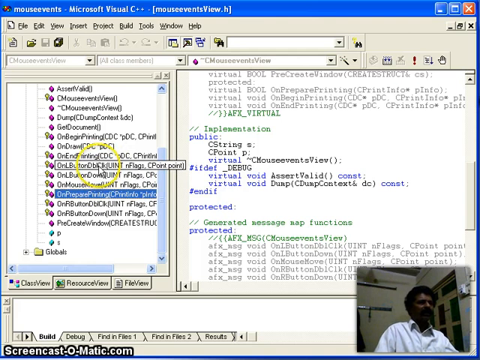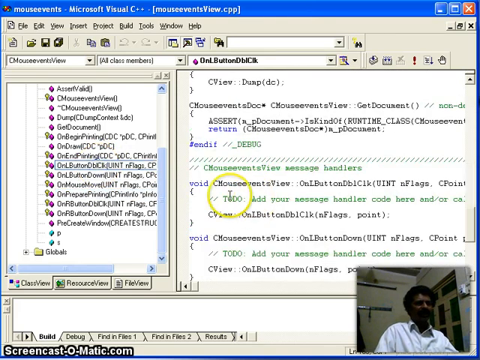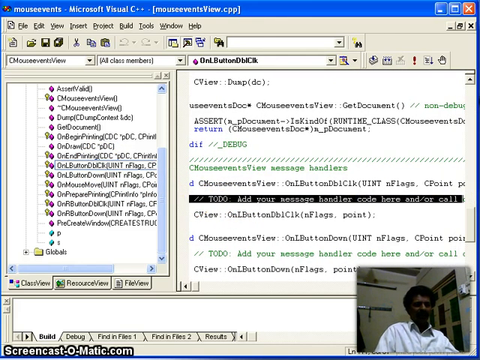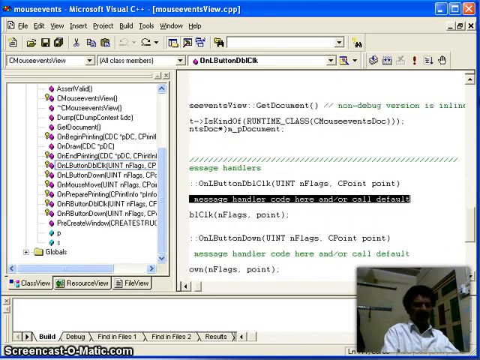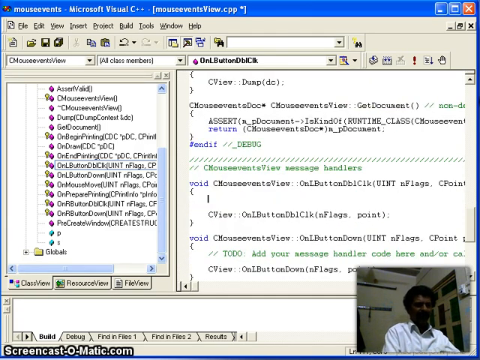Now, in the left button double click method, what shall we do is we shall initialize this string. This command line we shall delete, and now we shall say yes is equal to, see that this is L button double click, therefore I say this is left button double click.